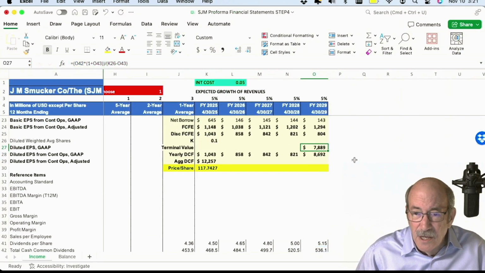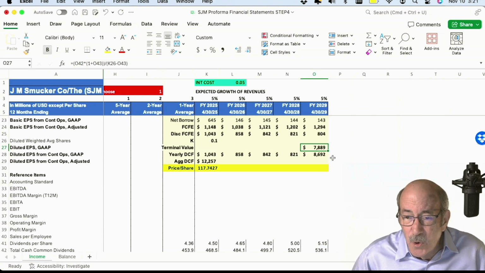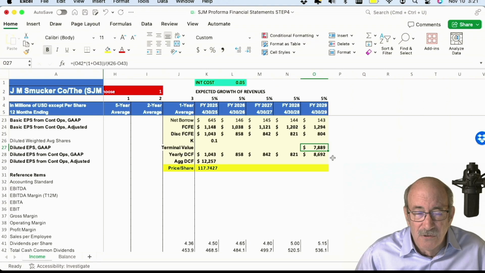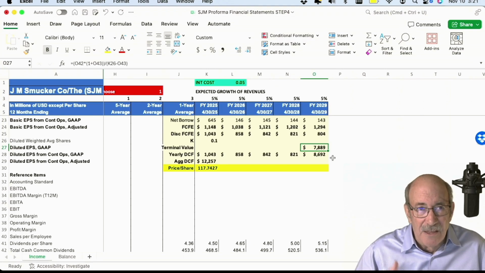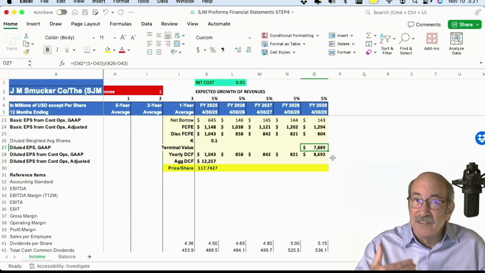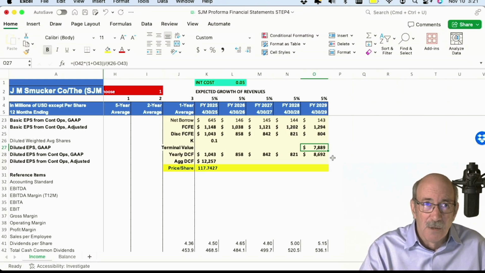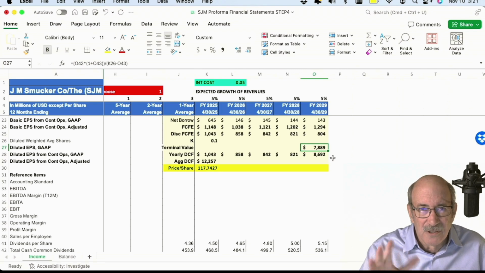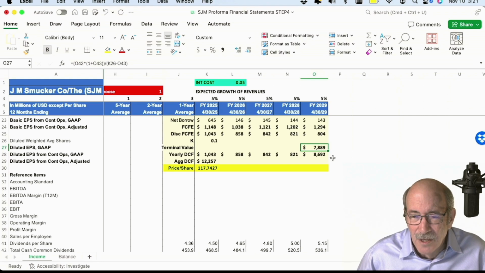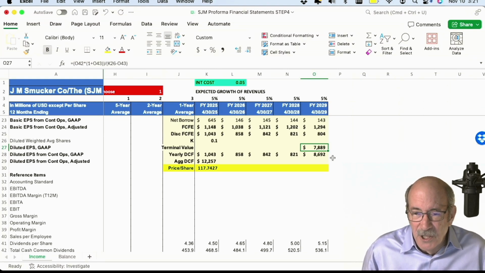When I do that, I come up with the value of the company as $7.889 billion as an ongoing affair at the end of 2029. So that's the same time I receive that dividend. I'm assuming all these dividends occur at the end of the year, which I know is not entirely accurate, but again, we're approximating a lot of things here. All right, so approximately 7.9 billion as an ongoing firm, and that's timed at about the same time I receive this dividend. So now I can add those together,